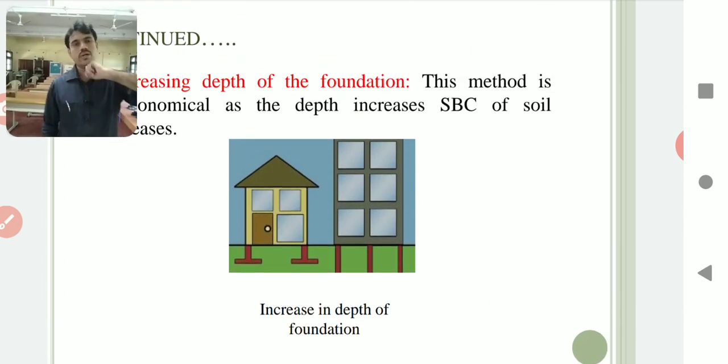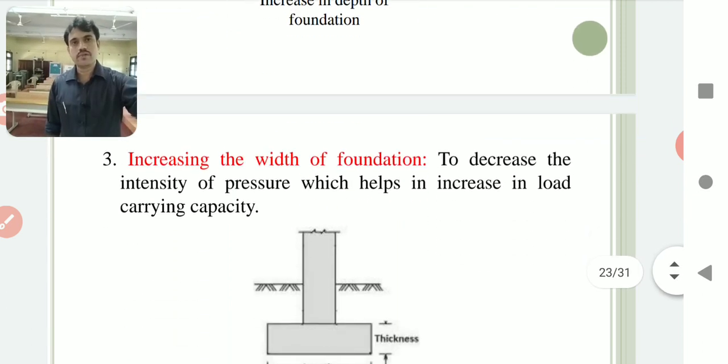You can observe in the sketch that I have differentiated two types of buildings. One is a small house and another is a multi-story building. For a multi-story building we excavate to deeper depths. In case of simple buildings we normally go up to 5 feet or 6 feet, that's all. In case of multi-story buildings we go up to 10 feet or 15 feet. So it depends on the loading conditions. So this is one of the differences.